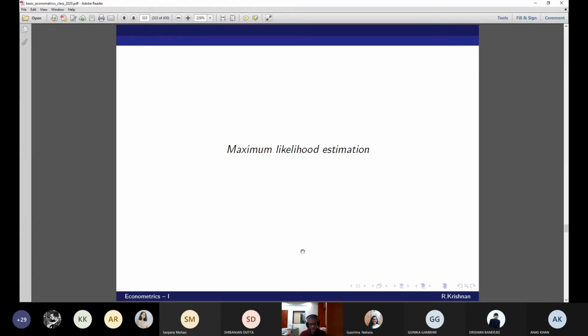Maximum likelihood. There are other methods like Bayesian estimation, and generalized method of moments estimation. So many other things are there. GMM is very useful in finance when we have no idea about the distributional problems. Finance is notorious for that. So GMM is very much applicable for financial applications and financial econometrics. Okay, now let's go to maximum likelihood estimation.